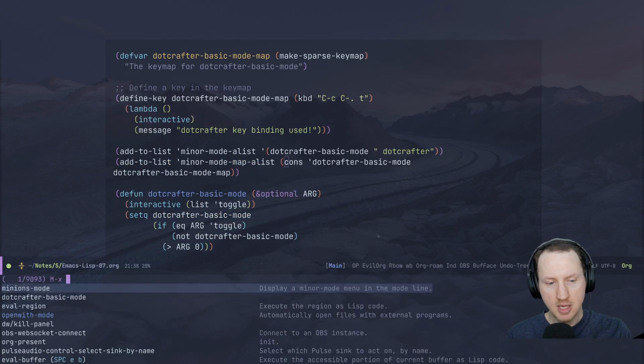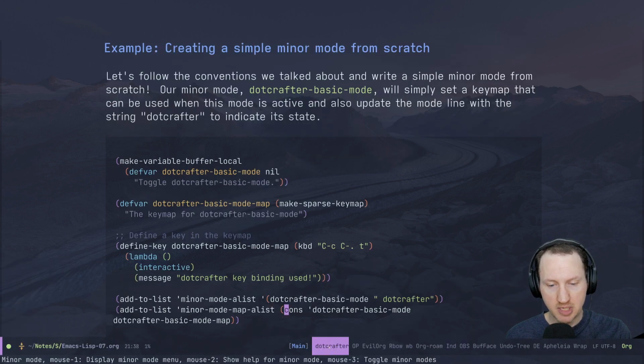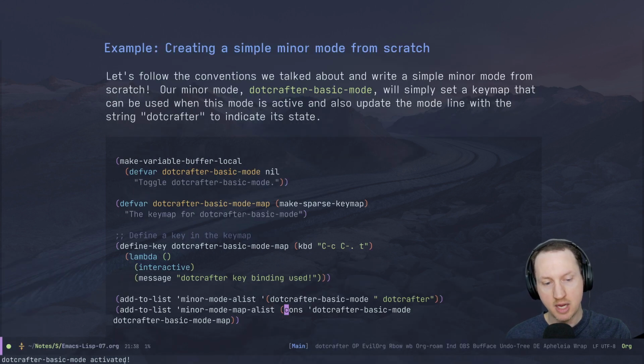So I'm going to run dotcrafter-basic-mode one more time. And now you'll see dotcrafter shows up here. We also got the message in the echo area, dotcrafter-basic-mode activated. So now we see our lighter, we see dotcrafter-basic-mode activated, and we should be able to use the